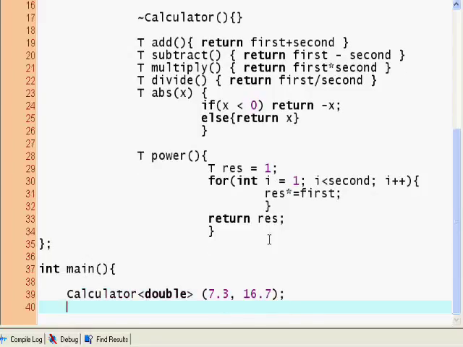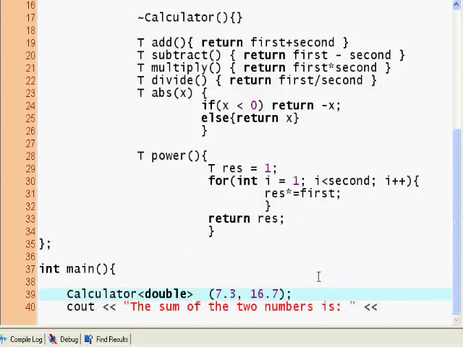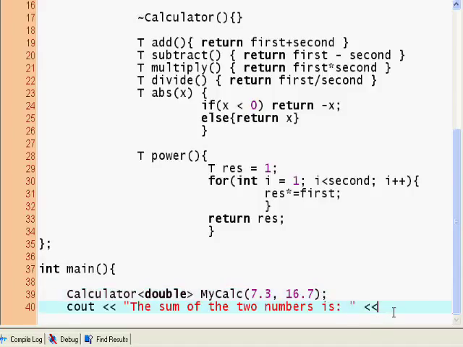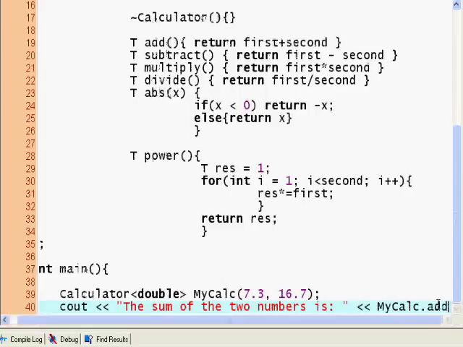and now I'm going to say cout, the sum of the two numbers is, and now I'm going to say Calculator double. Oh, I have to define my calc. So this is the parameters given to the function. So my calc is my new calculator. So the sum of is my calc add